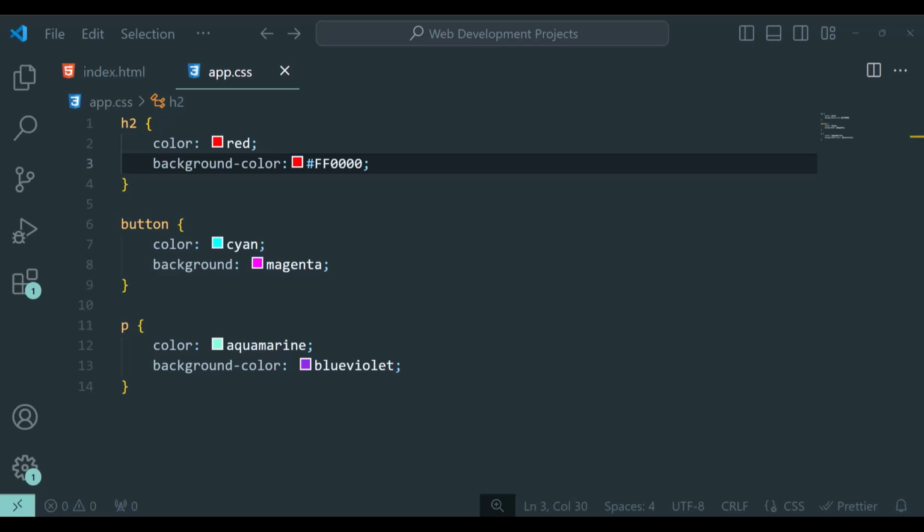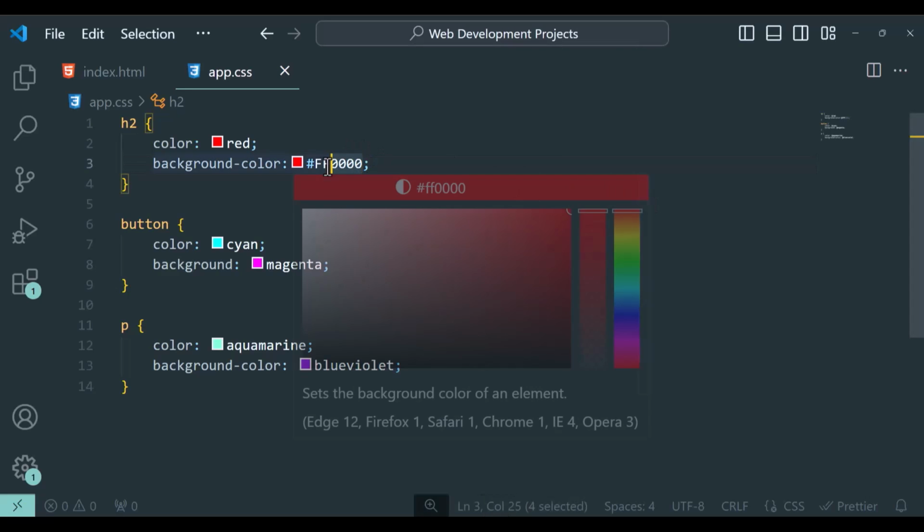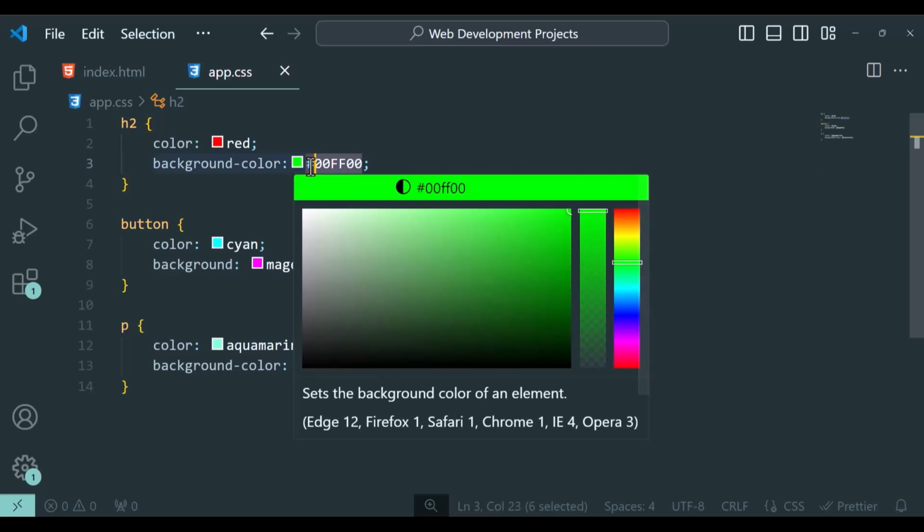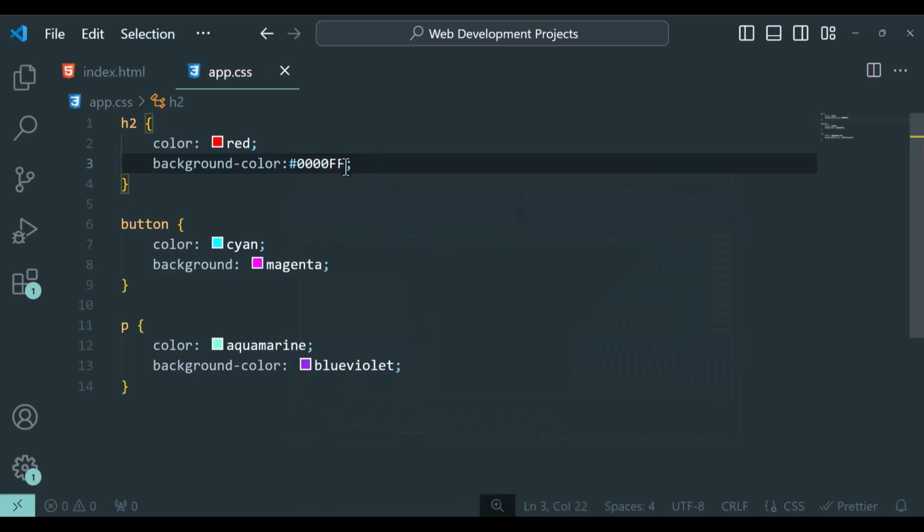If I put this one here, that represents pure green, and let me copy this. Let me delete this. That represents pure blue.